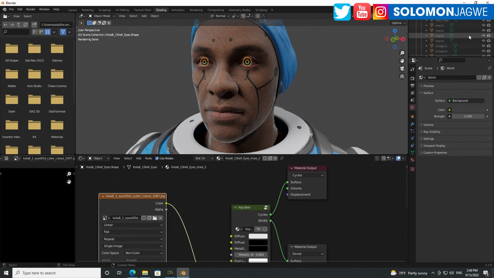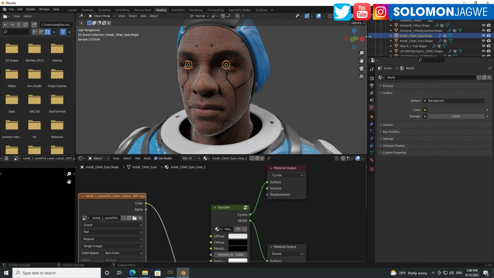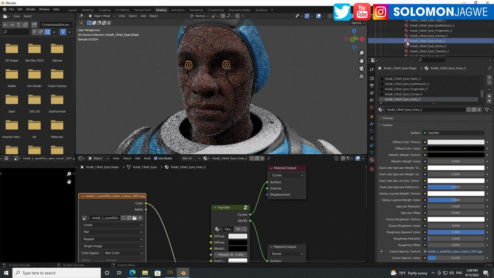Let's go back. I lost it. All right, where are you? Character over here. The shell, eyes, shell. Let me expand this a little bit more. Expand that. And let's go back to the irises. Irises 2. This one, double click on that.